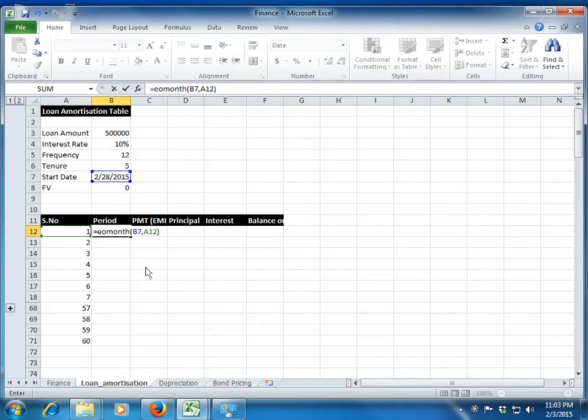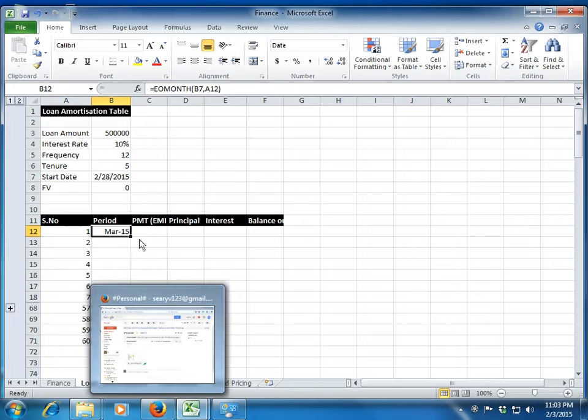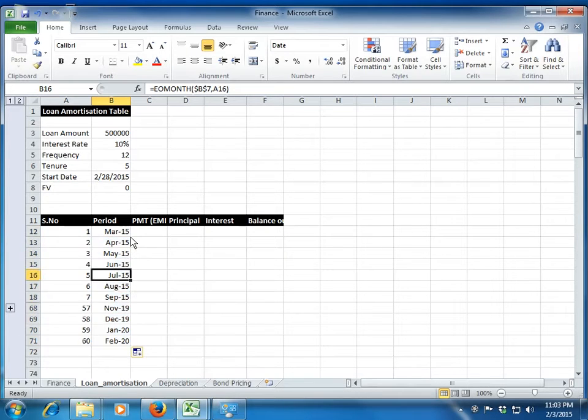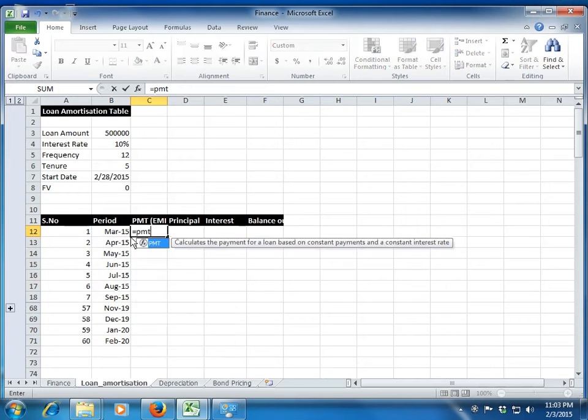Because whatever be the start date of your loan, the period will be 1 month after that. So you use this formula and you see you have got March. Now let me freeze this cell, which is the starting date. Let me freeze this cell and then let me use the autofill option. So you saw that I got all the dates filled, the period filled, that is March, April, May. Each month will be added referring to the serial number. So starting from the start date, it will keep adding 1 month, month on month. Clear?